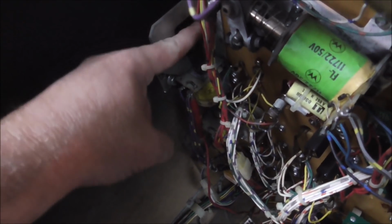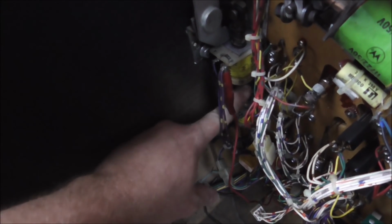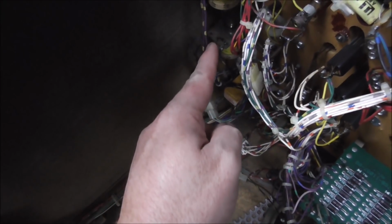Now I want you to look at this crap. This is the Yagoff kicker, I think. It may be one of the diverters, actually. Yeah, I think it's one of the diverters. I think there's the upper one and the lower diverter. Look at this. I remember it didn't work. They have a jumper attached to it. See the wire's purple and yellow? And it's going to,